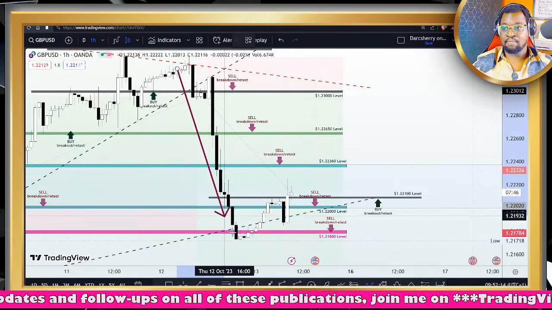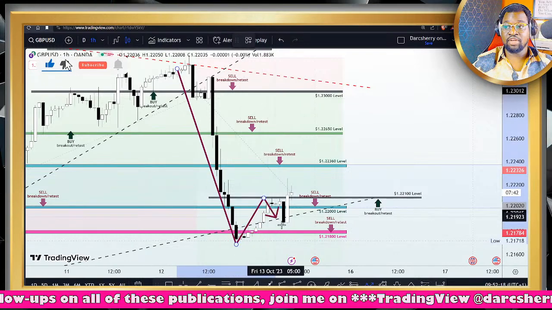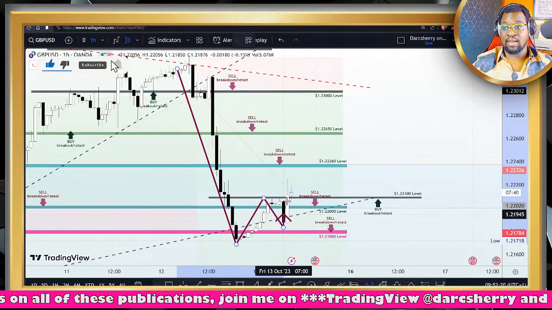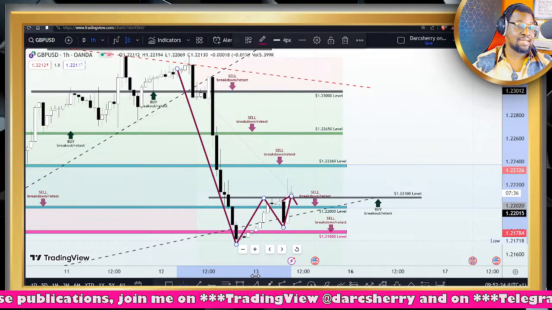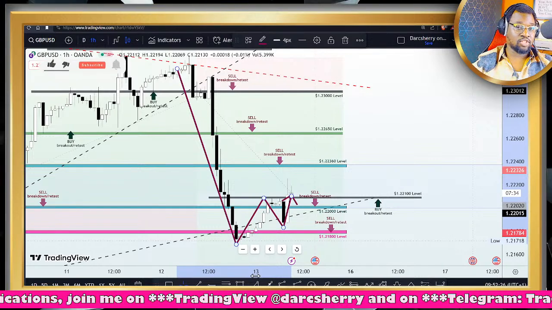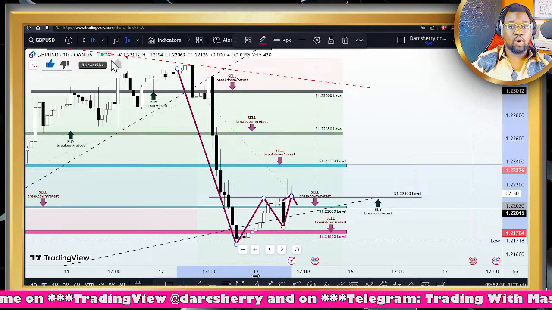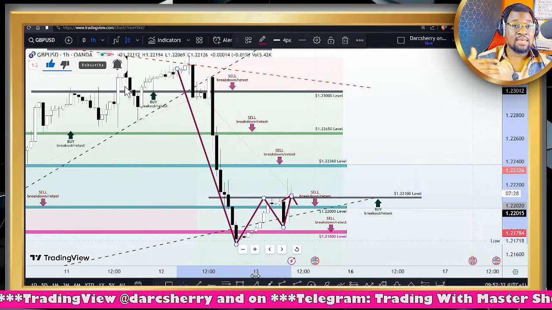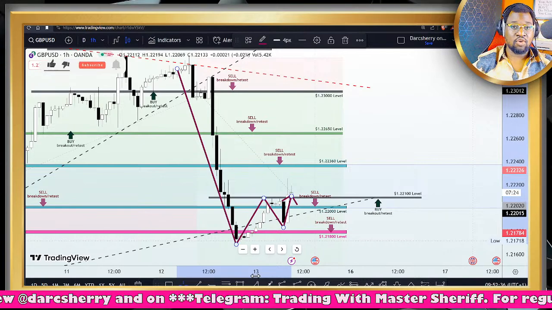So we had this impulsive move all the way to the downside. We begin to see some buy pressure around that ascending trend line, giving us a situation that looks like a reversal pattern in the form of a double bottom structure. Now, with the neckline situated at the 1.22100 area, we need a breakout of the structure to validate this reversal pattern.